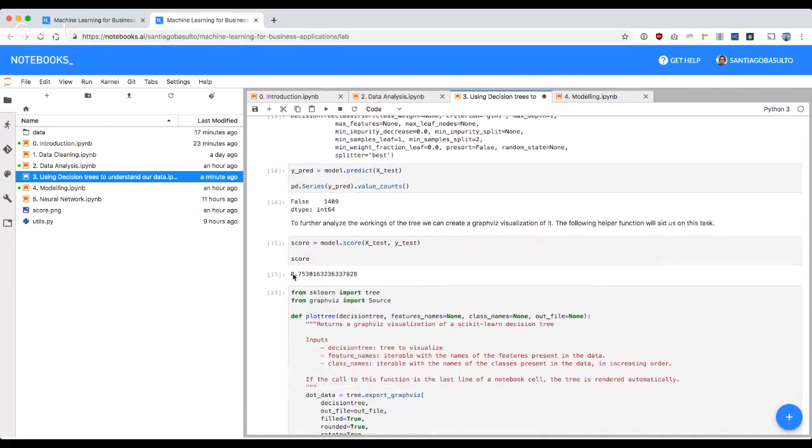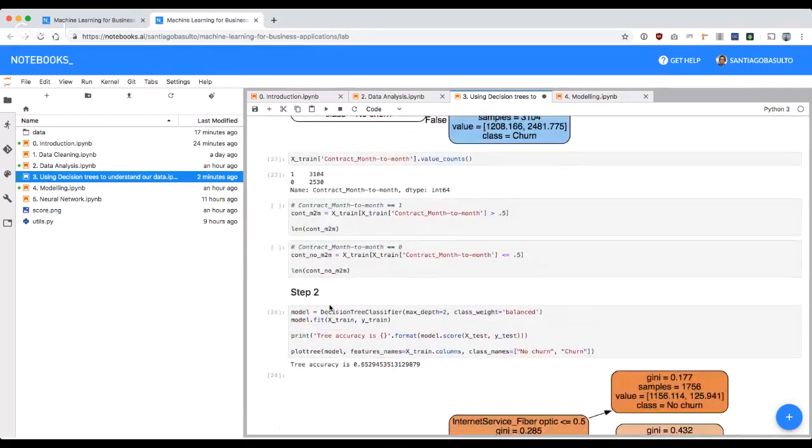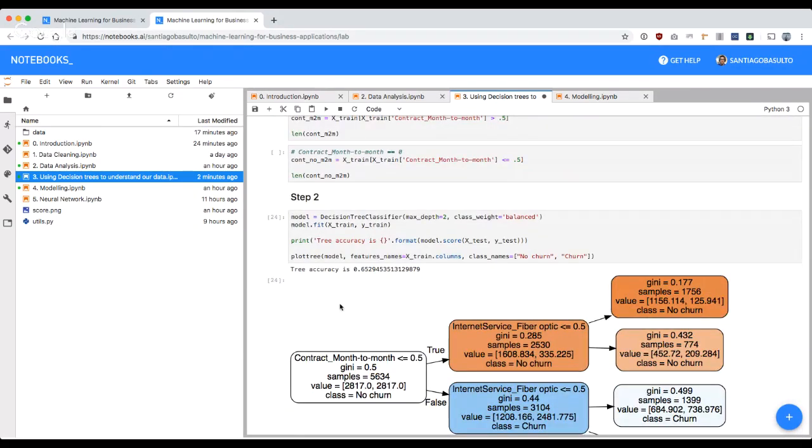Actually, if you check the score, it's only 0.75. The data set by itself is highly imbalanced, so this is actually a very bad score. We're going to see why later. It's not that important to make it,